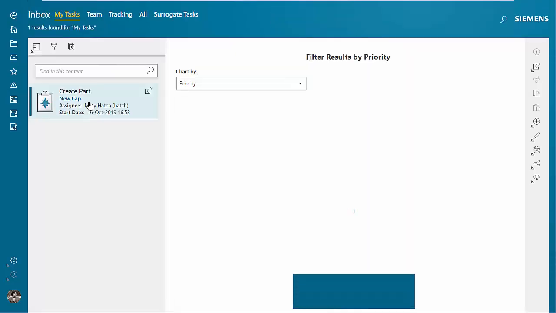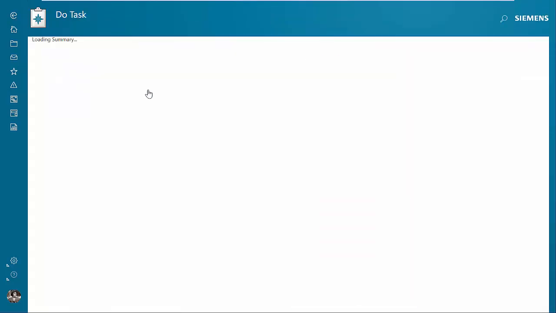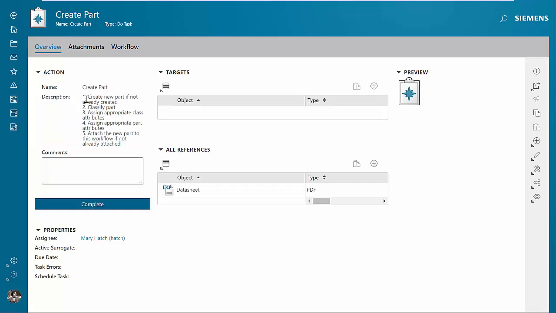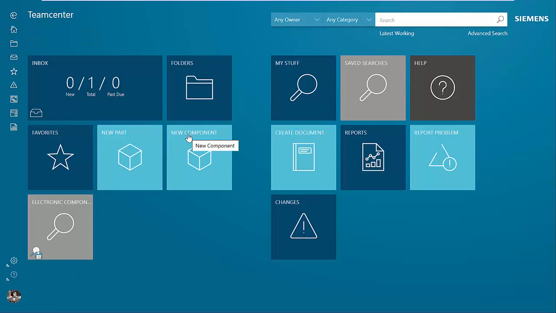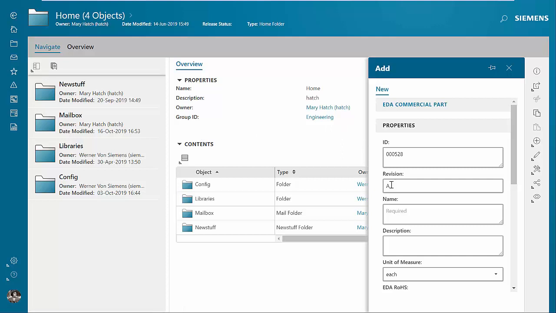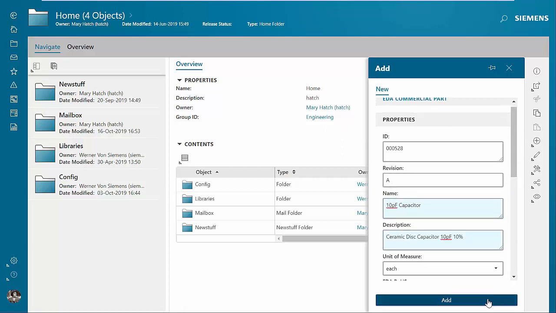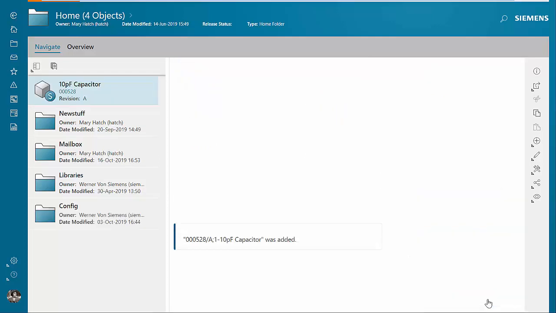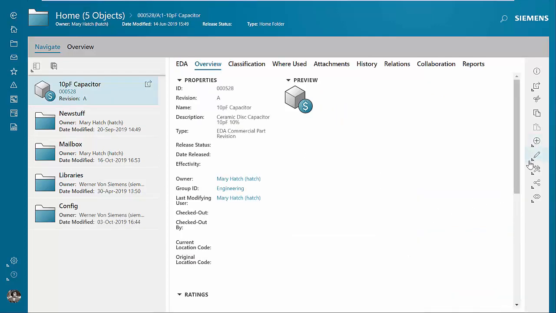At this point, the next task is to actually create the part. So we need to create a new part, classify it, assign the properties, and attach it to the workflow. So we'll use a tile to create a new component. So the librarian will create the new component with the correct name and information. So the component is created in Teamcenter. And now we'll classify it,